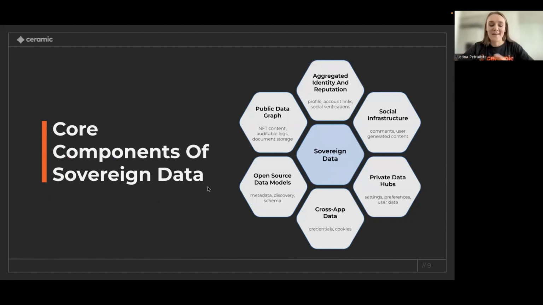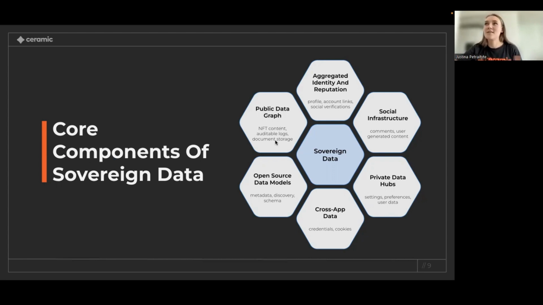So this is where I was moving towards speaking about sovereign data. We want to make sure that users have as much ownership of as many different pieces of data as possible, and that really depends on what kind of applications are being built on Ceramic. But we believe that things like your profile, account links, social verifications, social infrastructure, credentials, cookies, any kind of metadata, your user-generated content and things like that belong to you and that you are the sole owner of those data streams.